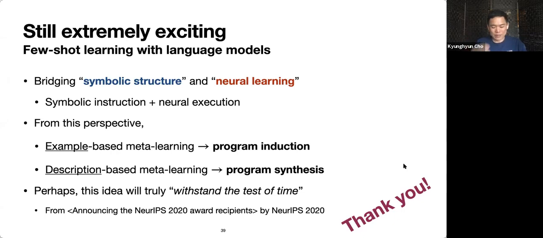So let me conclude by saying that although we have made a lot of negative observations in this work, we are all very excited about this new potential opportunity that is opened up by GPT-3 and the large-scale language models. It tells us that we have to be careful in setting up the problem.